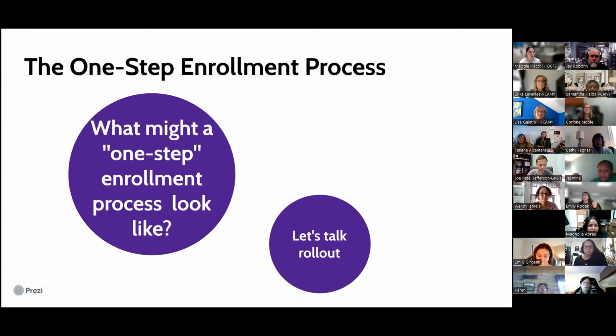To think about what we needed to do in order to support this transition to the one-step enrollment process. And the materials we created and this presentation today are directly influenced by that feedback you guys provided. So those policies have been finalized and they'll go out on Friday, so you guys can start working on your